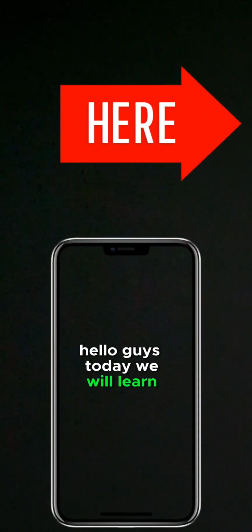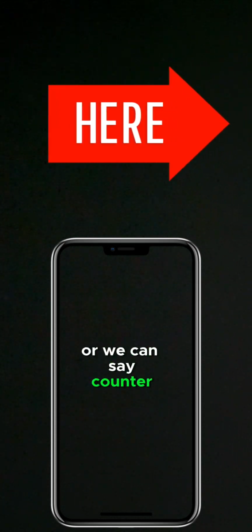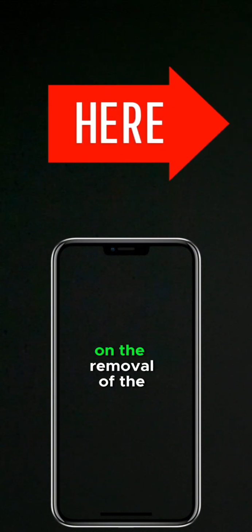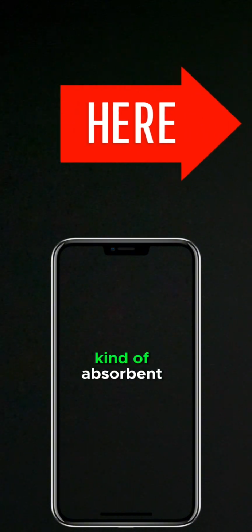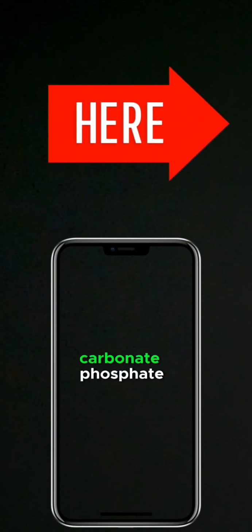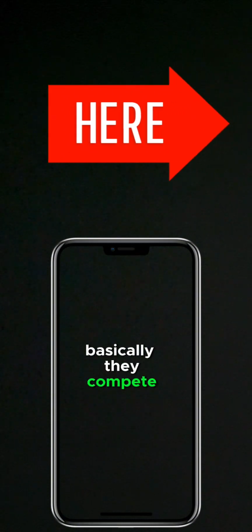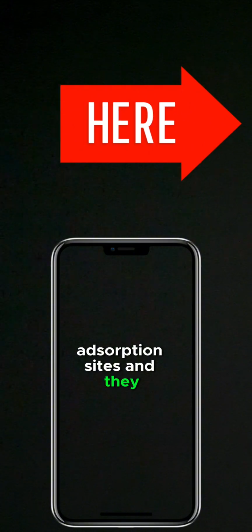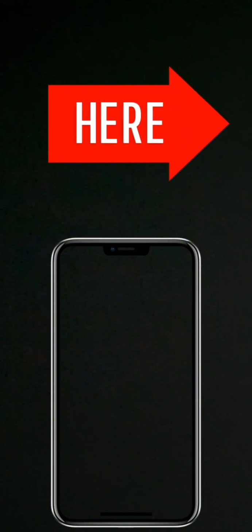Hello guys, today we'll learn the effect of coexisting anions, or we can say counter ions, or electrolyte ions, on the removal of a pollutant using a specific kind of adsorbent. Basically these coexisting anions like chloride, nitrate, sulfate, carbonate, phosphate, or other ions in the water, compete with the pollutant for active adsorption sites, and they significantly lessen the pollutant removal performance of the specific